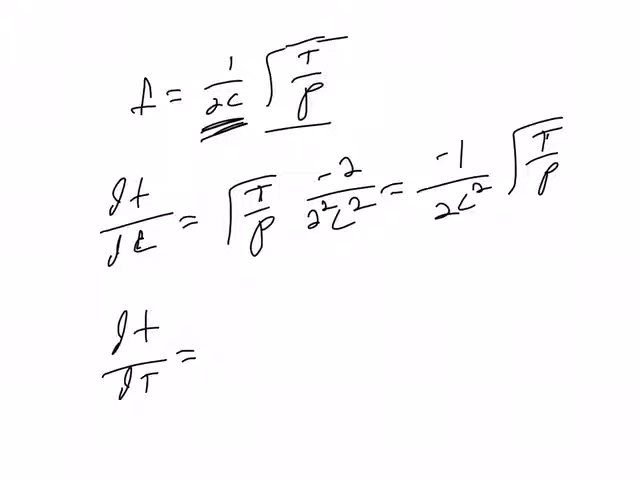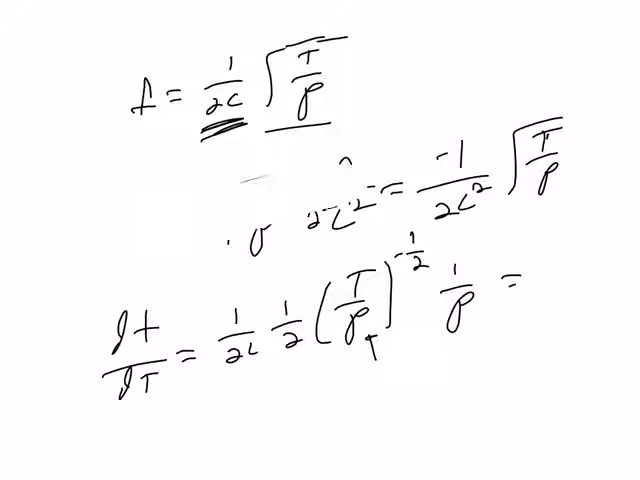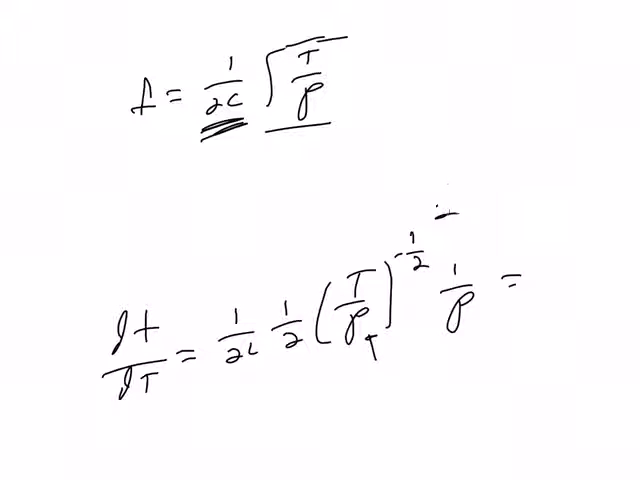So we're going to get 1 over 2L and then a half T over P to the negative a half times 1 over P, right? Because the chain rule over here, that drops down. So this is going to equal, let's just erase this and simplify it. So we're going to get 1 over 4L, and then T over P, taking the square root of that,